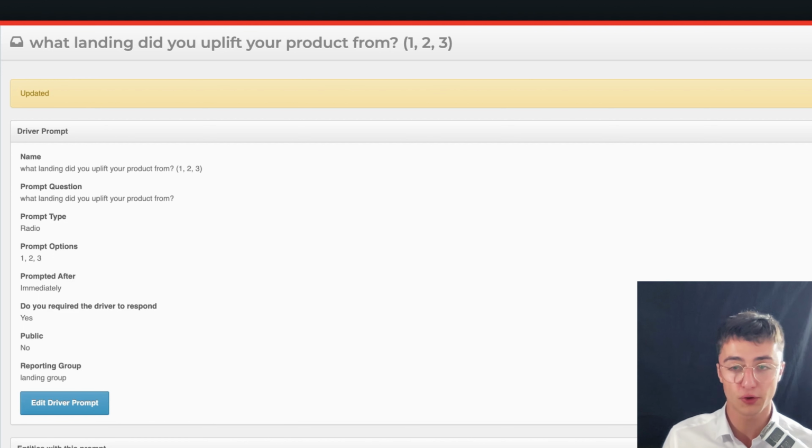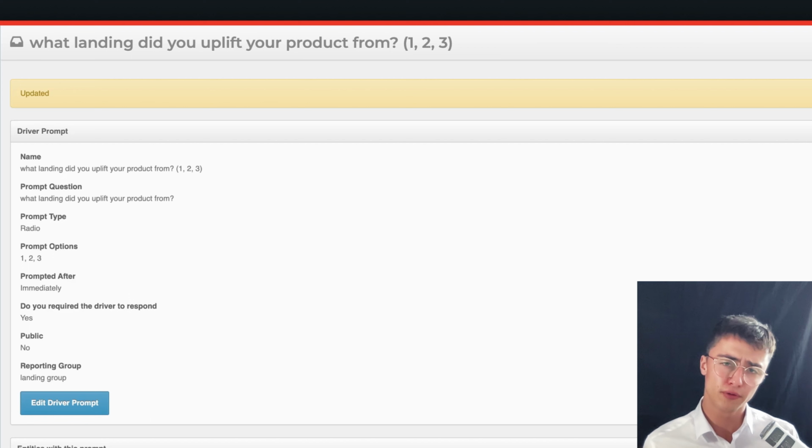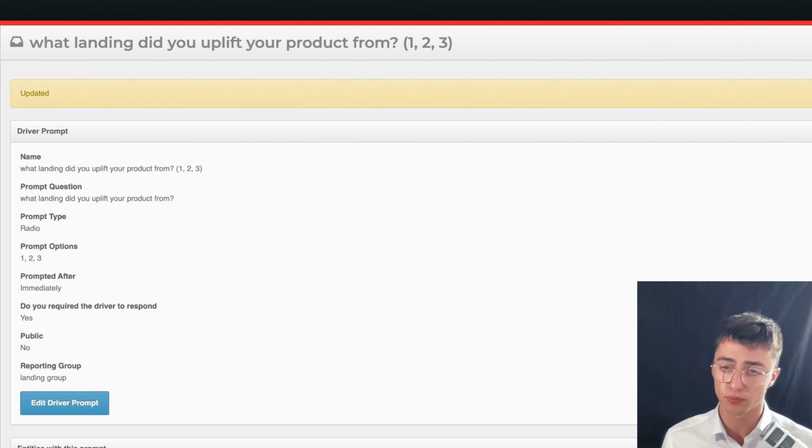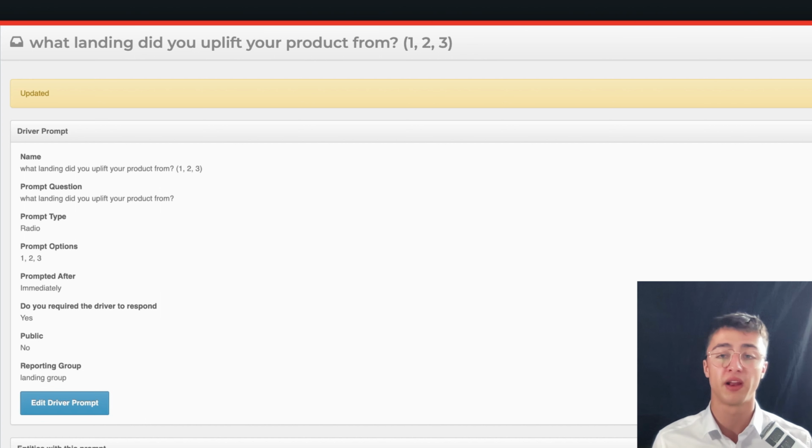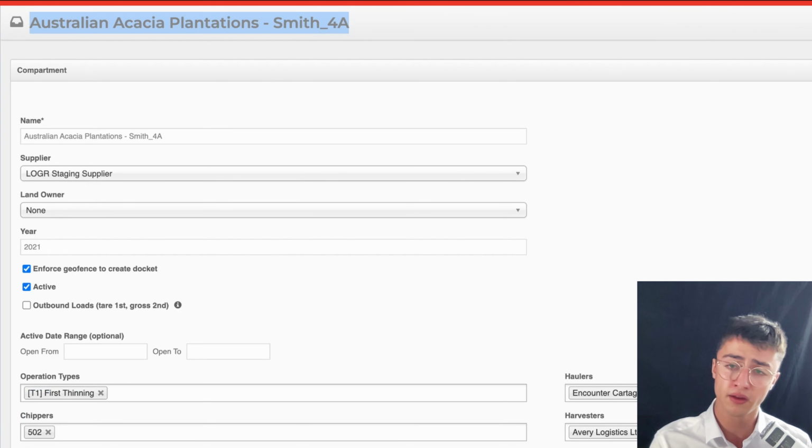Now that we have undertaken the creation of the driver prompt and pressed save, a summary screen will appear. Review this to make sure this is exactly how your prompt should look. However, our job isn't finished as we have selected the immediately after option. Therefore, we must now assign it to the applicable forest operation